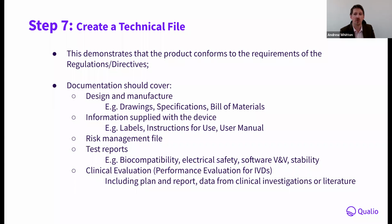But the technical file also contains more in-depth information, such as the risk management file, like we just heard about. This is usually produced in accordance with the standard ISO 14971, which describes the process where all the risks to the user or the patient are recorded and controlled. But bear in mind that just by following this standard in this instance is not enough to be in compliance